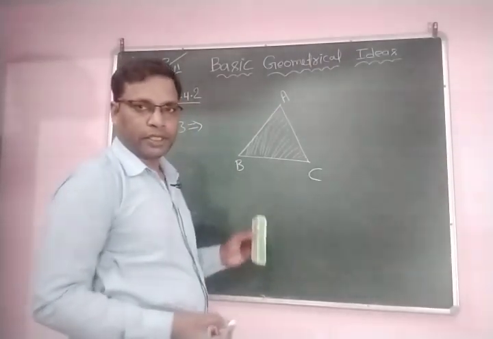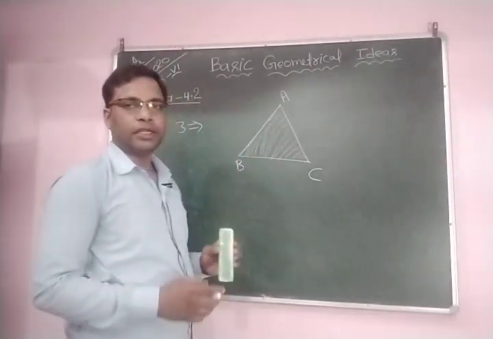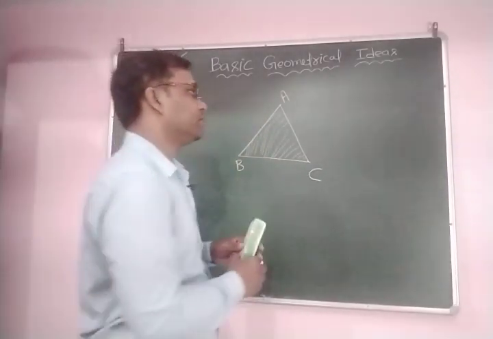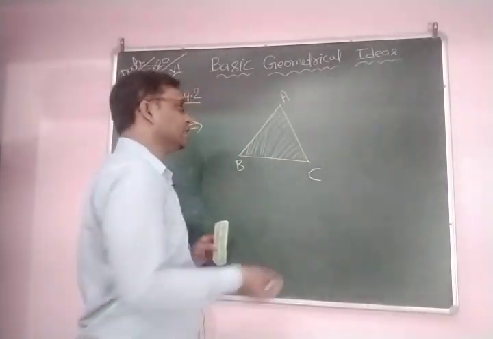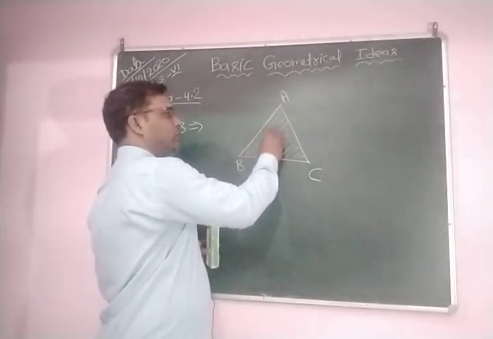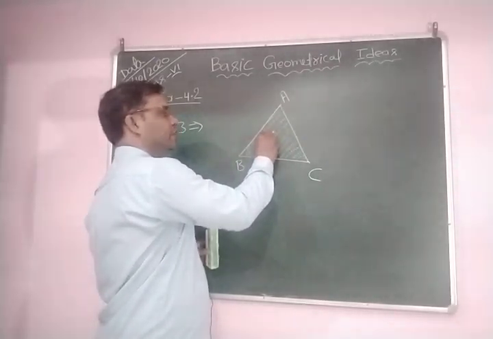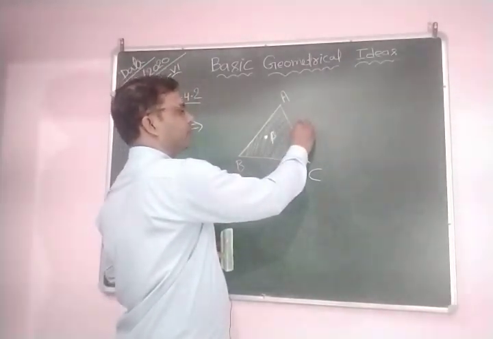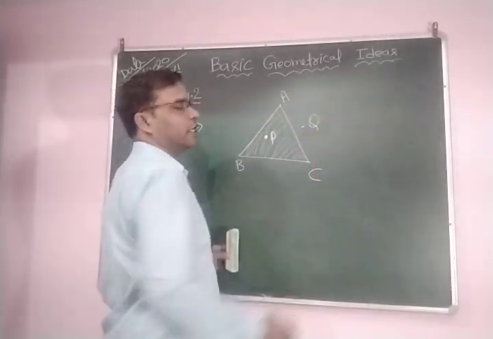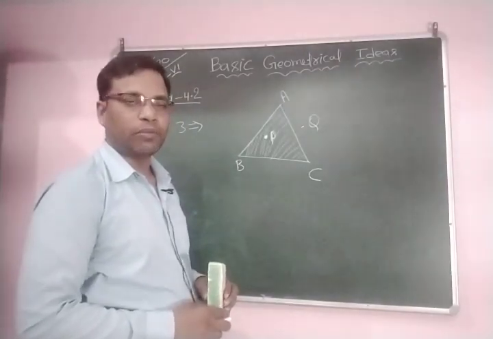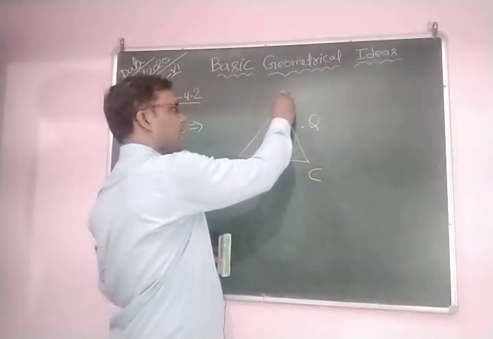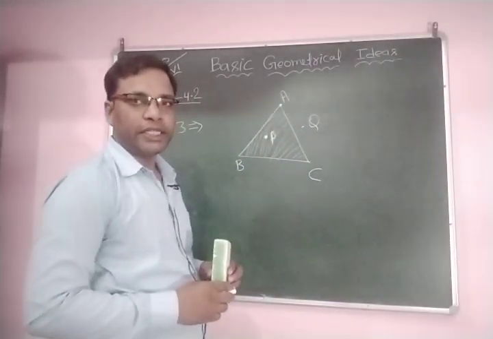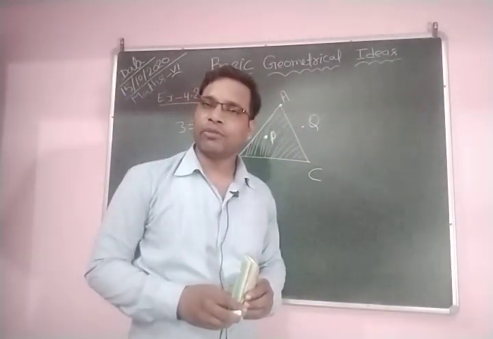Now again this is a polygon and here we set its interior. If we take any point inside this polygon, say point P, this is called an interior point. If you take any point Q outside, this is called an exterior point. And point A here is a vertex, so point A is neither exterior nor interior. This is a boundary point.